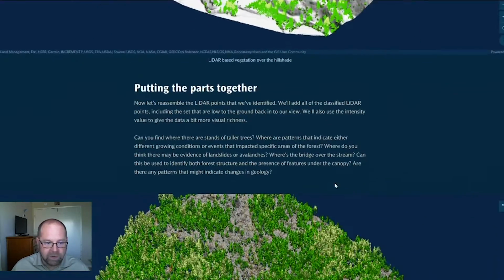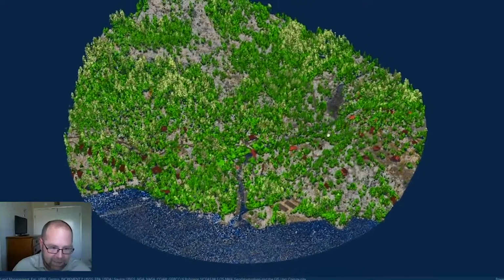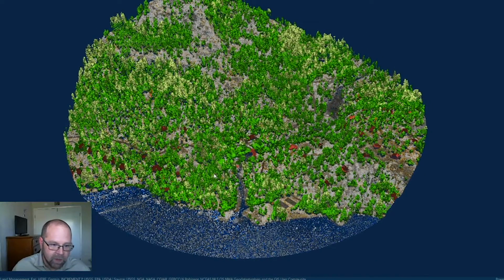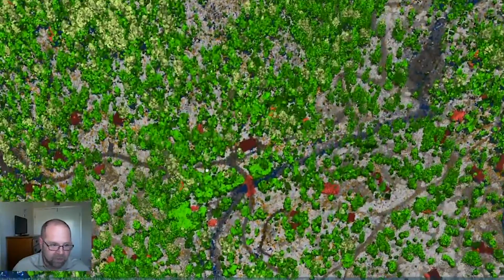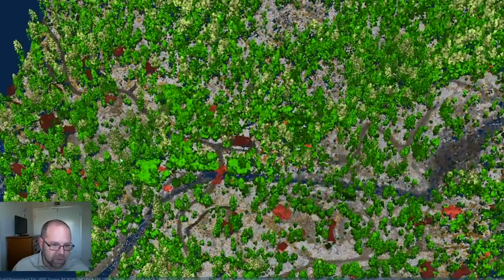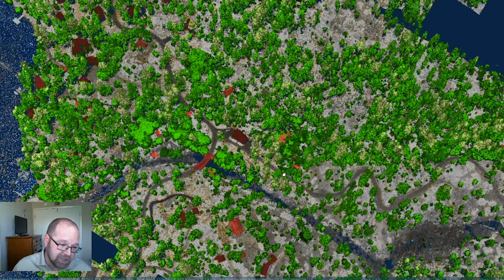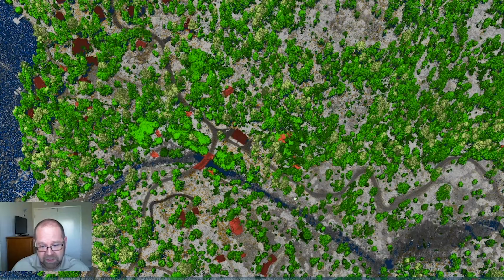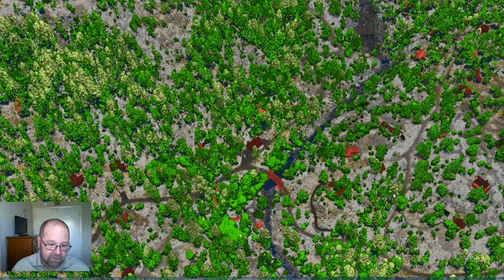So let's start to put all of this together. What this scene does is it brings all of those categories back together again, displays them in a single scene using the intensity to modulate those colors just a little bit and give us a little bit more, honestly, actually, I think a lot more visual distinctiveness that we can use to characterize the landscape and pull out features that are important to us for landscape management, whether it be forest, urban infrastructure, the management of fire, identification of geologic hazards